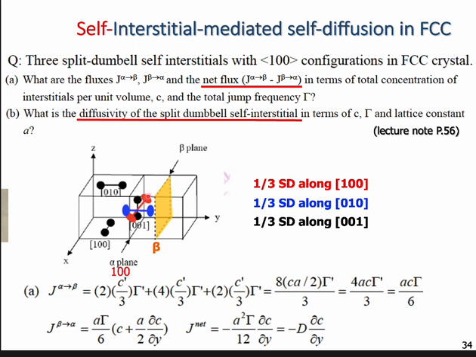So how many possible jumping directions for both these atoms? The nearest one, because they are along X, right? So the nearest one should be this one. This one will jump to this side, and this one should jump to this side. So I have two directions, and the concentration will be 1 out of 3 C prime, because I know that they have 1/3 C prime